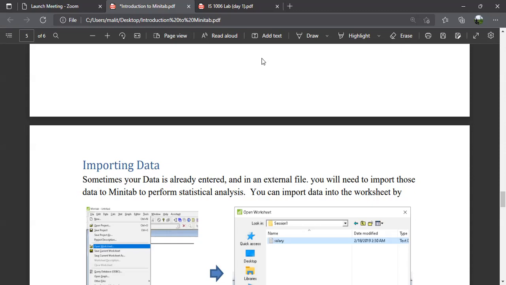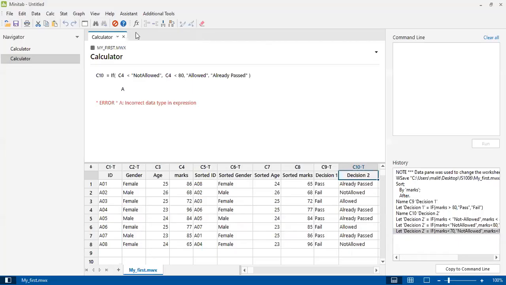Can someone confirm whether it is available on the LMS? Okay, yes, it is available. So now I hope you all